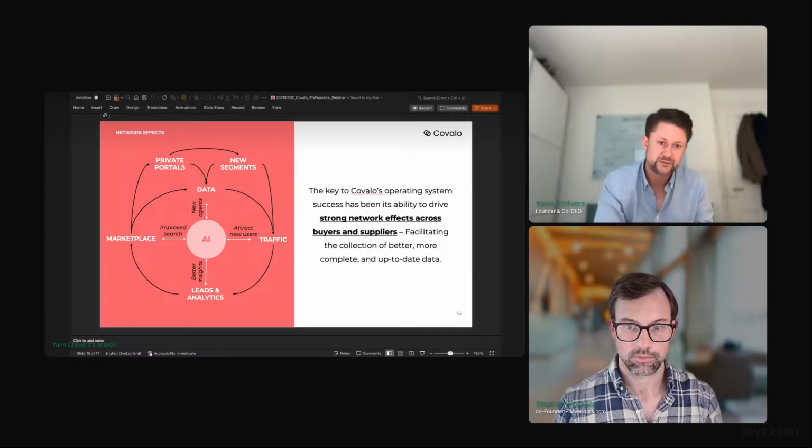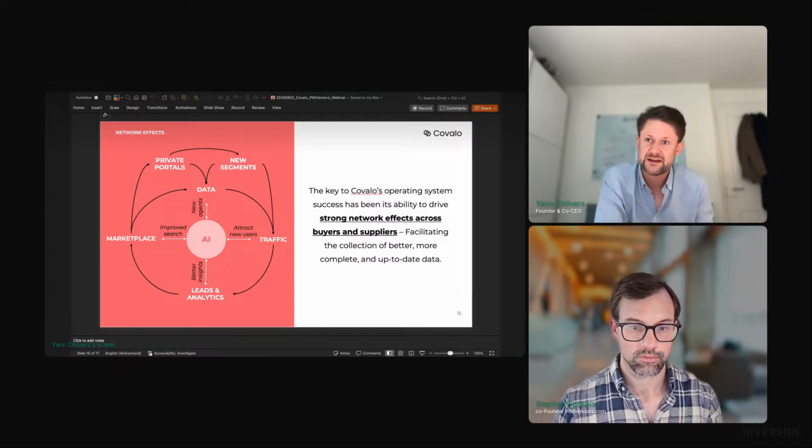And then as we have this, a lot of the players are across multiple segments. So although the marketplace and the network effect are focused on the personal care and consumer goods industry, it allows us to gradually expand into other segments and better address the needs of that industry.